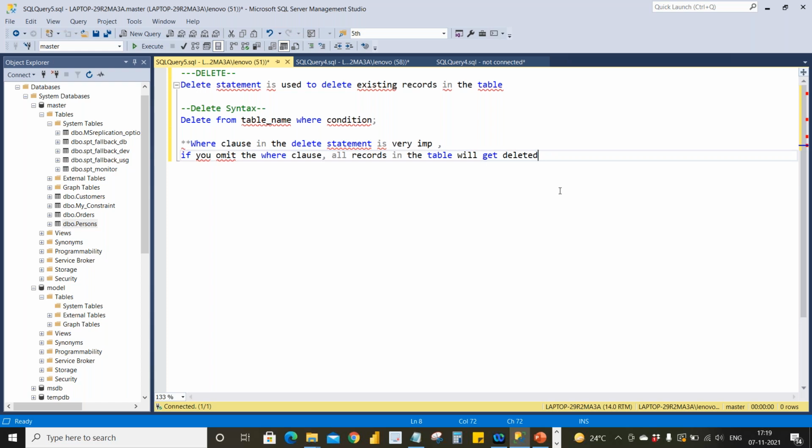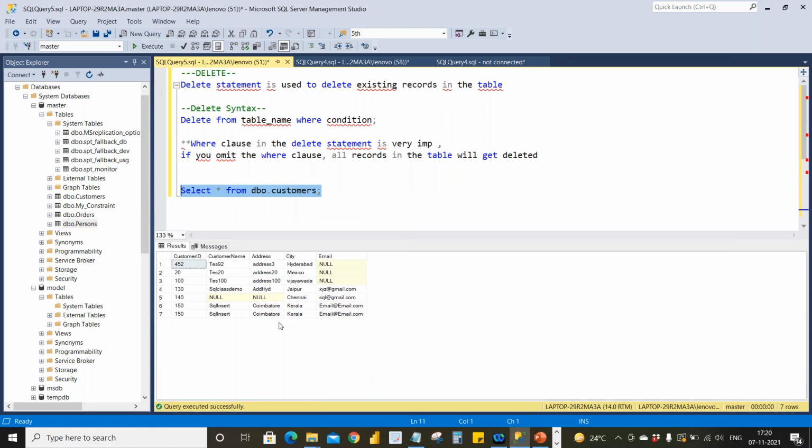Okay, so this is the syntax, which I have already given you. Let's see an example. I think I inserted two duplicate rows in the customers table only, right? I want to delete this row.